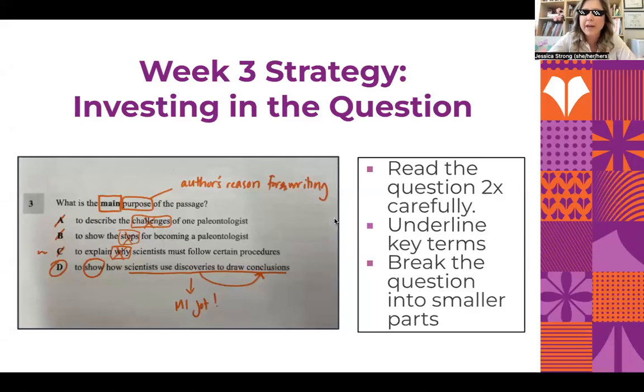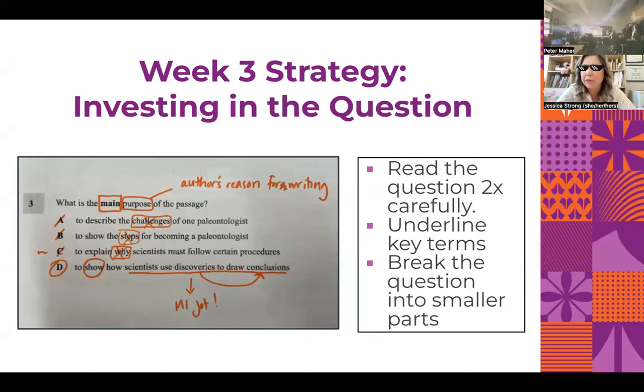So our strategy for week 3 is similar to our strategy from week 2 because we saw that across the board in both ELA and math, this is an area we need to continue to push our practice. Investing in the question. Now, when we are in math, this means we are thinking about and annotating for what are our knowns, what are our unknowns, and what are we trying to solve, especially if it is a word problem, because we know sometimes those word problems take more than one step. And we know that if we don't invest in the question, it can be very hard to make a plan